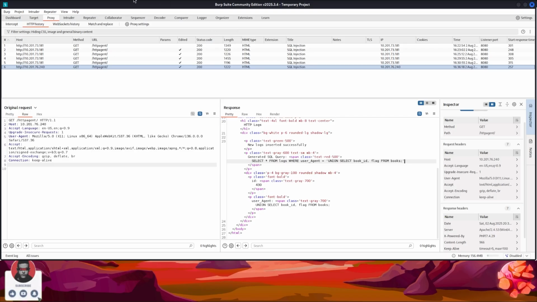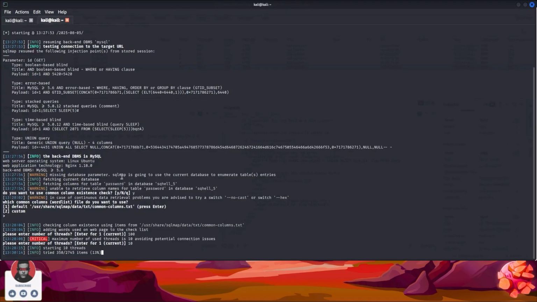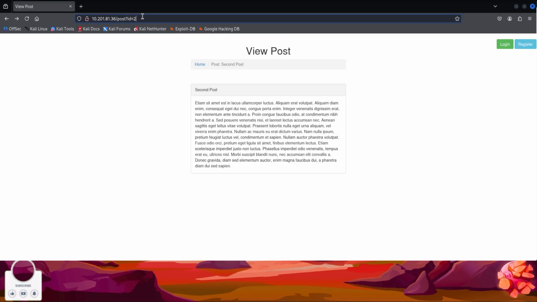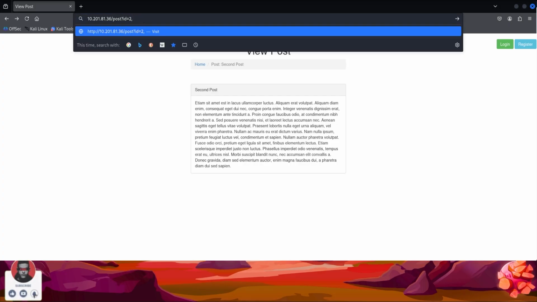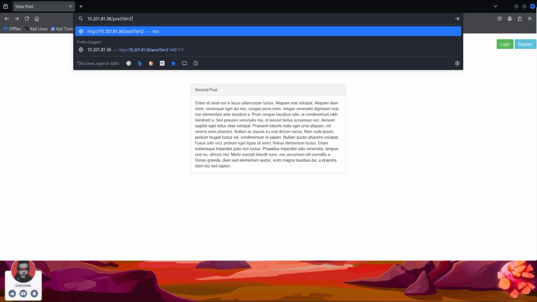We need to get something like this. This was my previous SQL injection one, and okay, so I will try different things I have noted before in the SQL injection one, and maybe